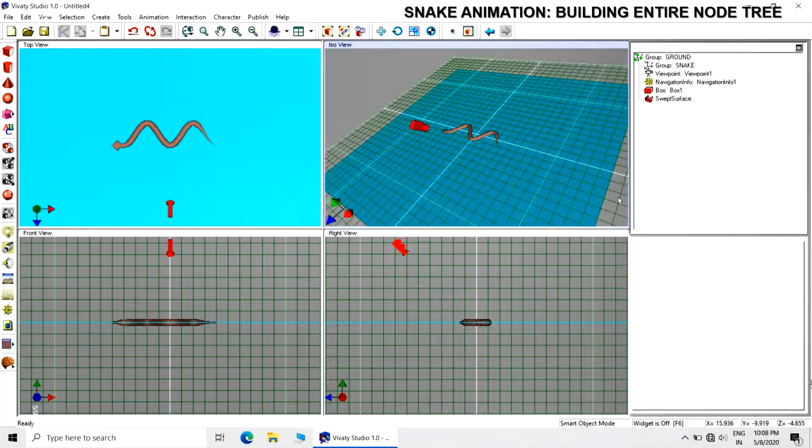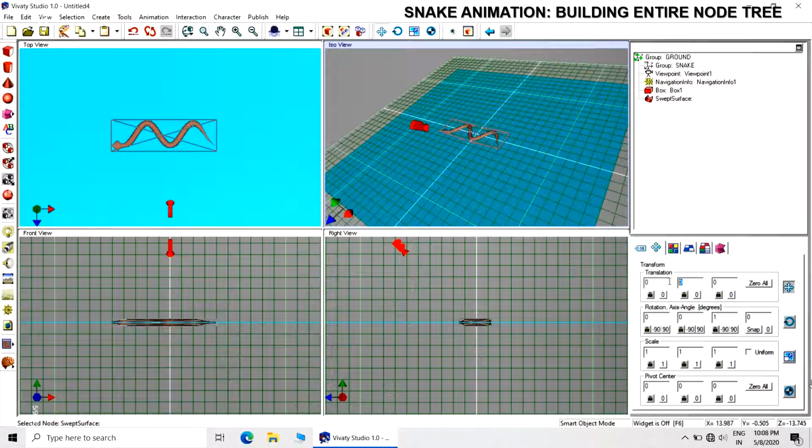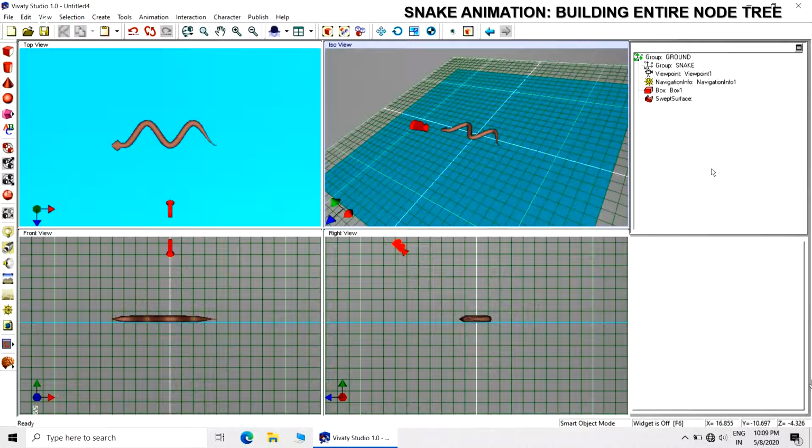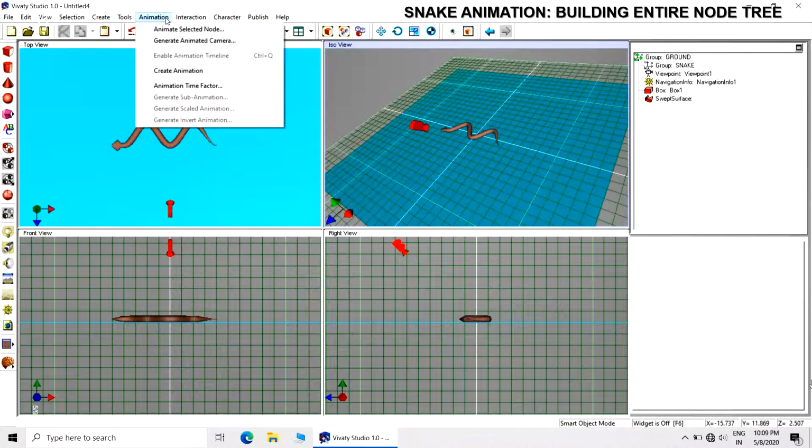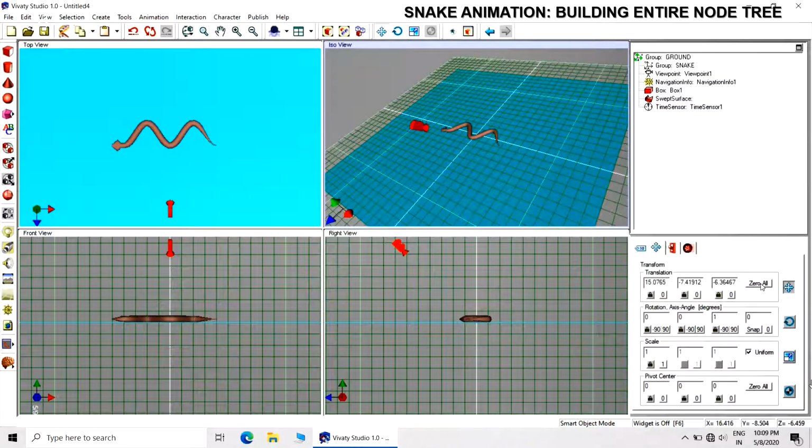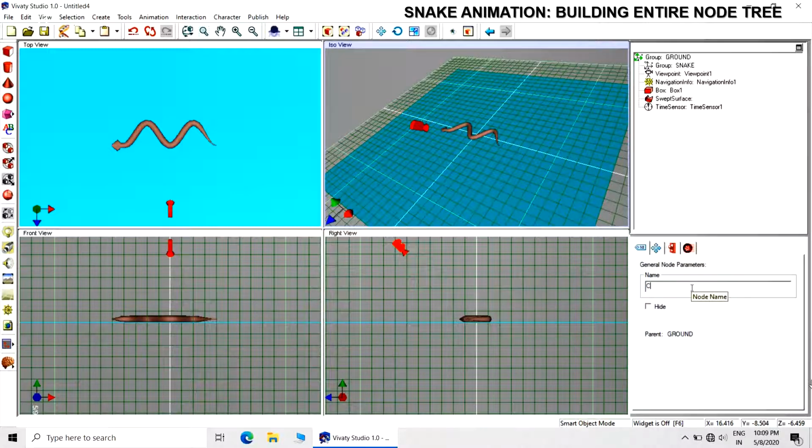The snake body is created with the help of a swept surface, and bring it just above the box surface so that it is completely visible. Now create an animation: create a time sensor, bring it to the 0 0 0 position, and call it clock.